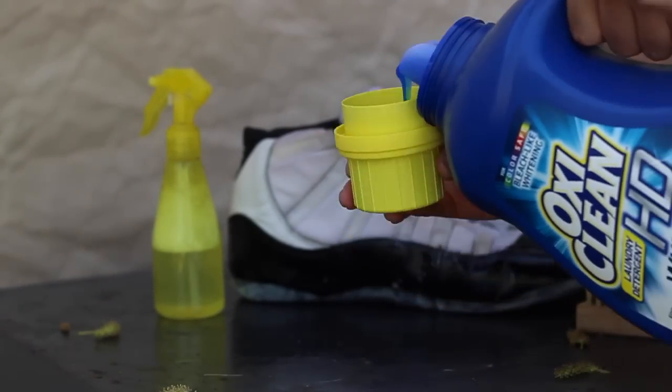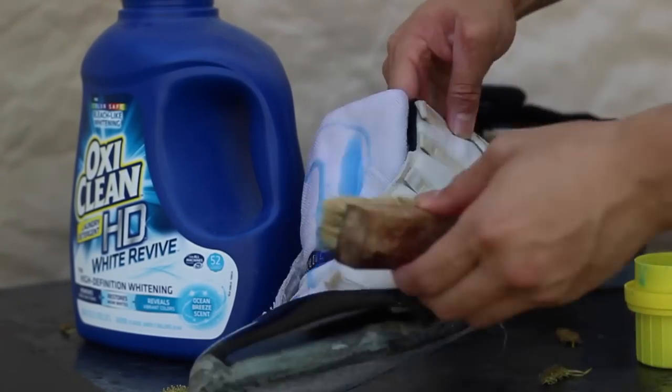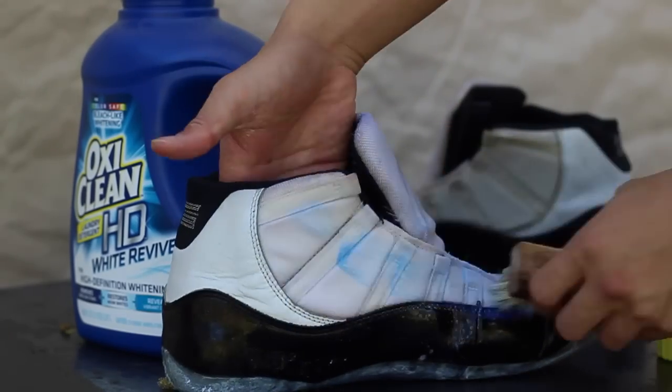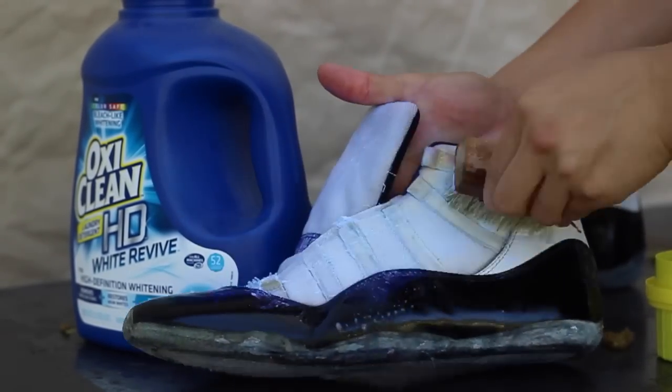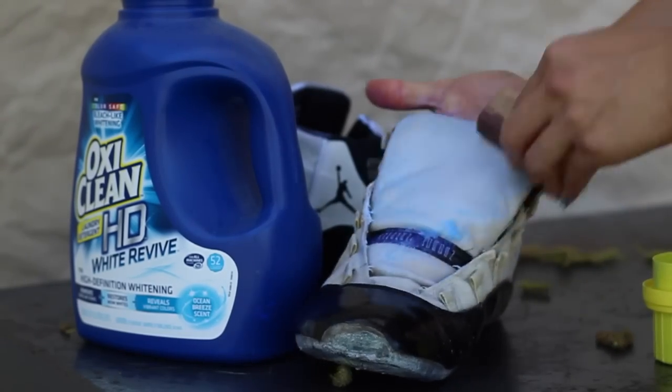So in that yellow bottle, it's only rejuvenating cleaner and distilled water. All I'm gonna do is just refresh the fabric just to make it moist again, and then after scrubbing it, I'm going to apply the blue detergent, let it soak into the fabric, and leave them out in the sun